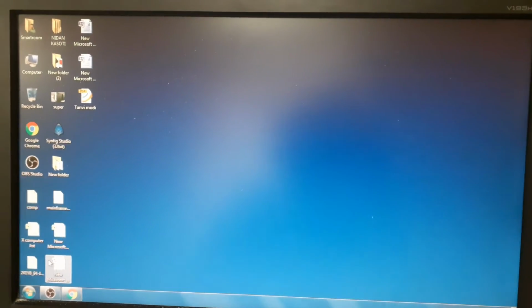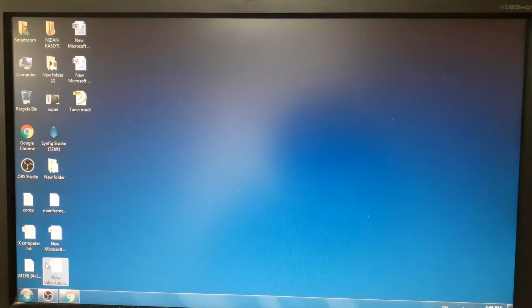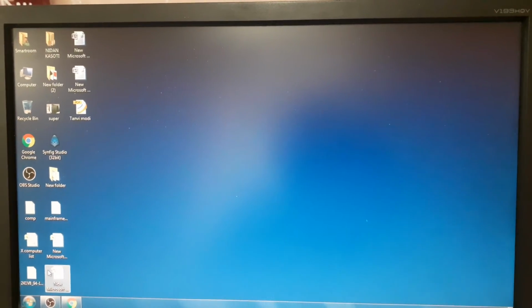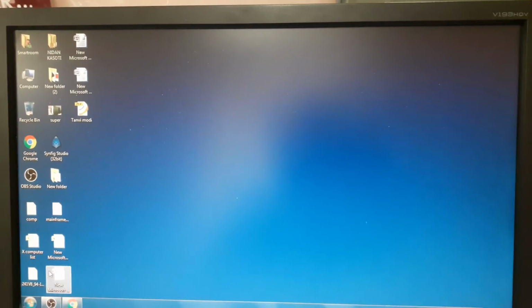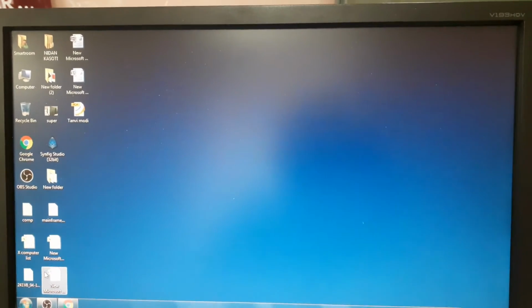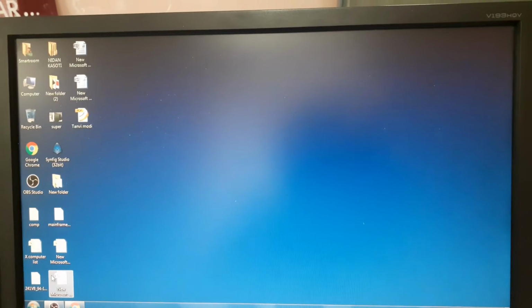What is the mouse pointer? When you move the mouse over the mouse pad, you will see one small arrow on the screen. When you move the mouse, this arrow will also move in a particular direction, right? And this arrow is called the mouse pointer.